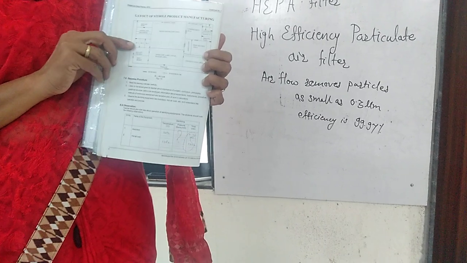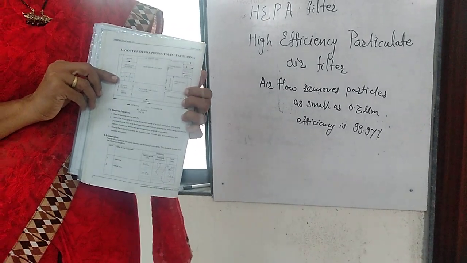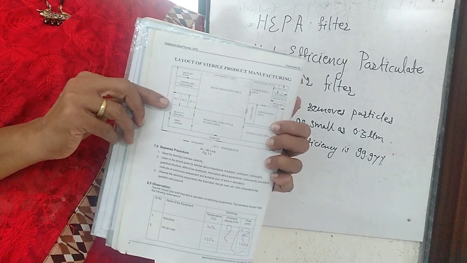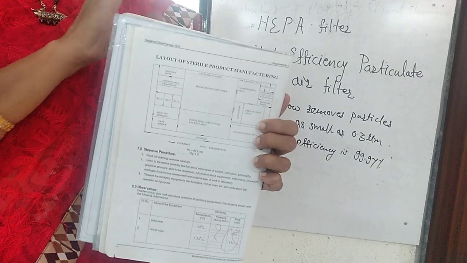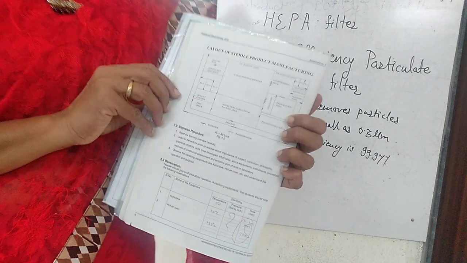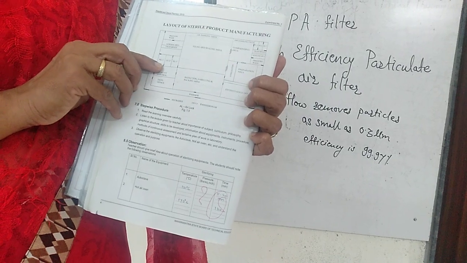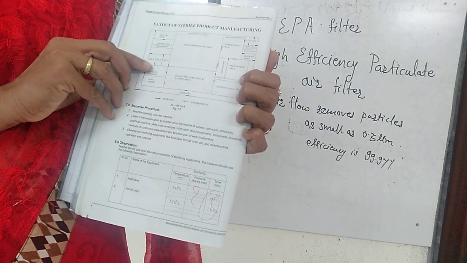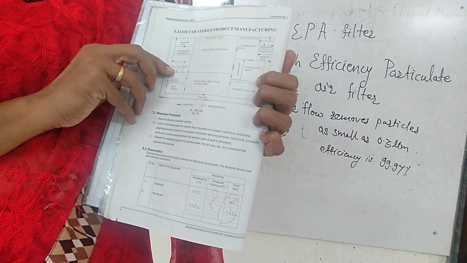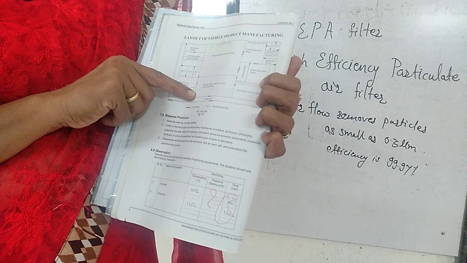When you are entering, positive pressure is created inside the room, so that when you open the door, the air moves outside. The outside air will not come inside through your door. So positive pressure is maintained inside the room. Here is the second lock, AL2, air lock system 2. Here is air lock system 3. You have to cross the 3 air locks. Then the actual area will start.